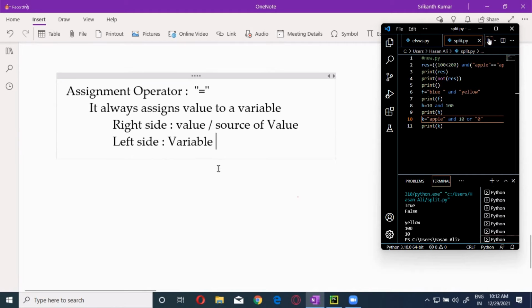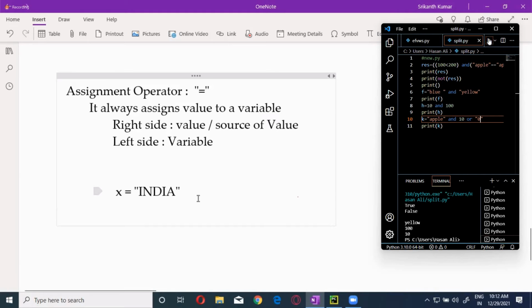What I mean is, if I say x is equals to India, which one is a value? India is a value. Which is a variable? x is a variable.